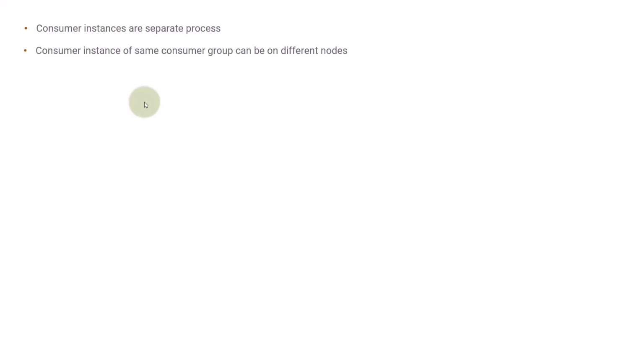Now, this is a very important concept that you need to understand. As we know, in a production environment we always use more than one broker for our Kafka cluster, and these brokers are distributed across different geo environments or geo clusters. Now, let's say we have three consumer instances in a consumer group. So what we are taking as an example is that there is a consumer group and that consumer group has three consumer instances, which means what? Three consumers are consuming from a particular topic.